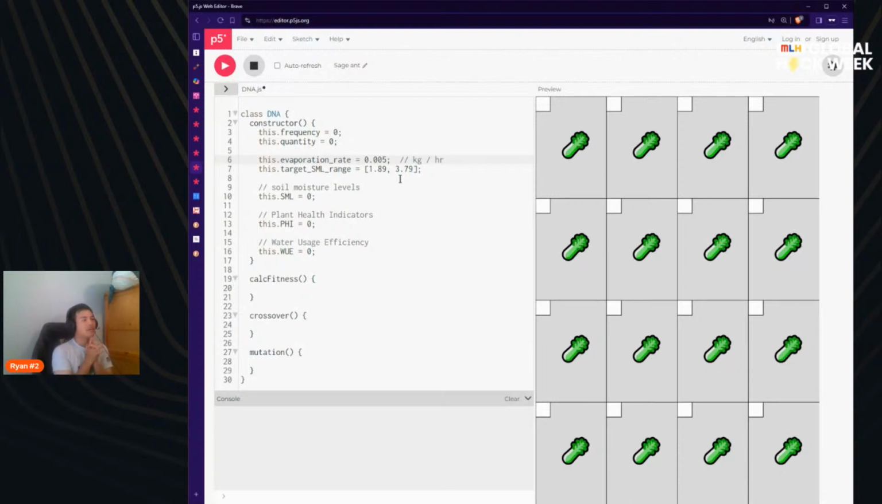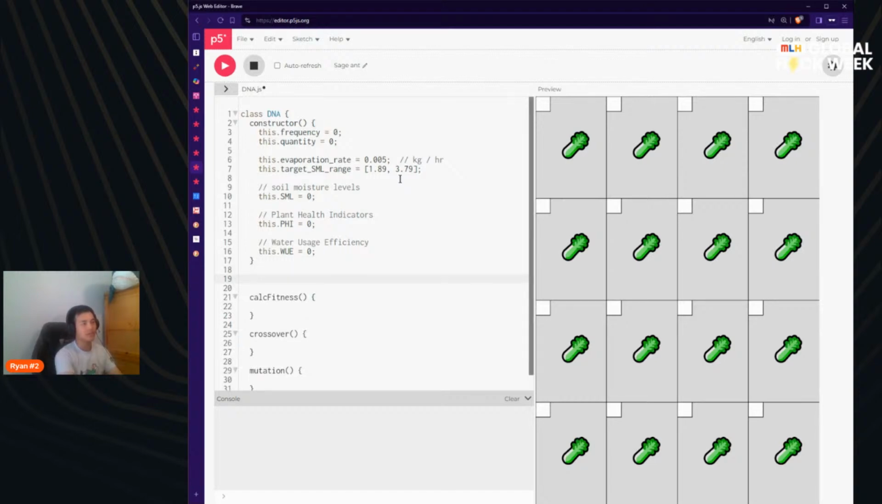We've got the range, but now we've got to figure out how to calculate the amount of water that's going into this thing based off of the frequency and the quantity. So I think the easiest thing for us to do is to probably just create another helper function here to determine the amount of moisture. So we can just call this calculateSML. And that's basically just going to be this dot